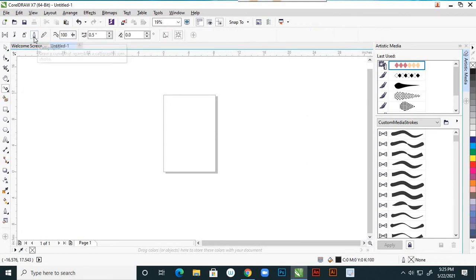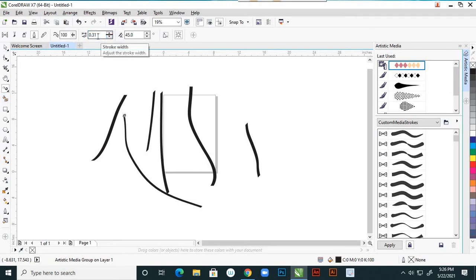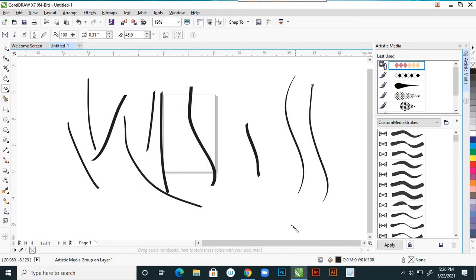Suppose here the pen tool is there. In the pen tool also there are options. Suppose you draw accordingly, it takes that and you can give that shape value. And change this. This is the stroke width, here it is showing decreasing and increasing, this is the calligraphic angle, and here the stroke width increasing and decreasing. And this is the freehand smoothing, with the freehand smoothing at 100%, we are getting a very nice, clean line.